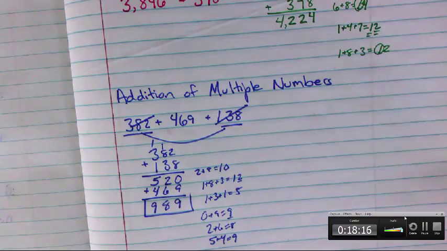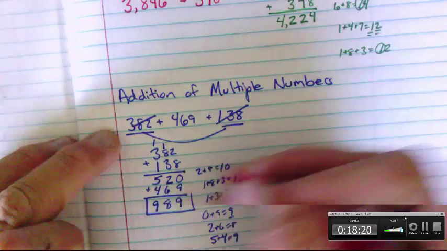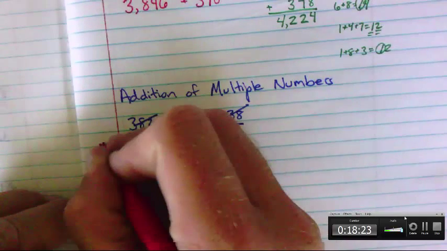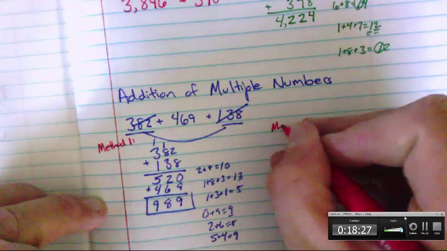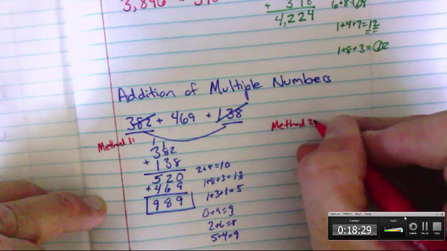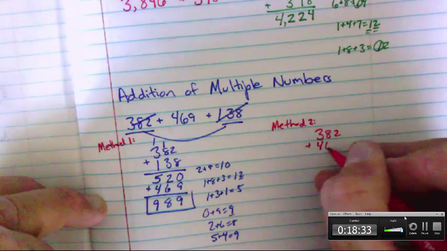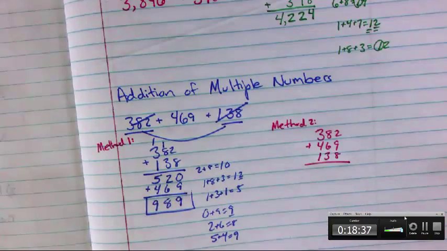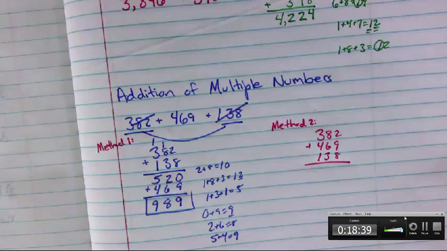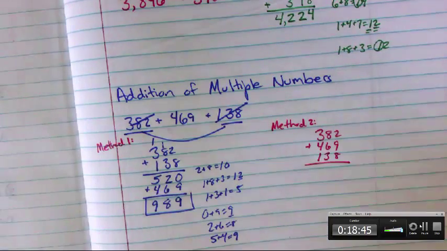Now if the only thing you know is your basic multiplication facts, this is the easiest way to tackle it, because it allows you to add numbers that are 9 and under. 1 through 9 is all you have to add with a problem like this. Now, another way of doing this, so we'll call this method 1. Method 2 would be to add them all three on the same exact